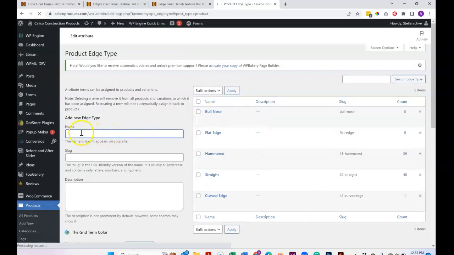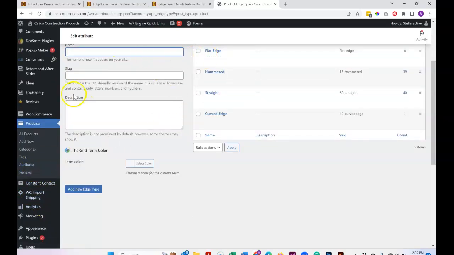And you can add more. You put the name here, you put the slug here. The slug is just basically a repeat of the name, but there can't be any capitals or spaces, so you just make it all lowercase and you replace the spaces with hyphens. So you can see bullnose, capital B, capital N with a space turns into lowercase with a hyphen in between. In any case, we have those all ready to go at this point,